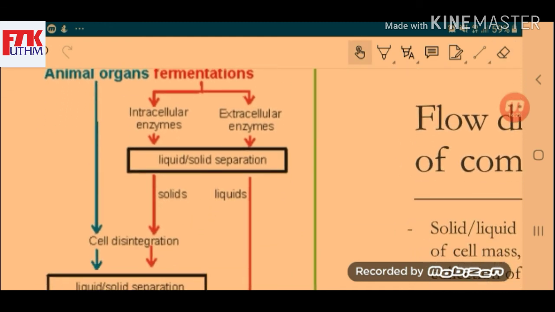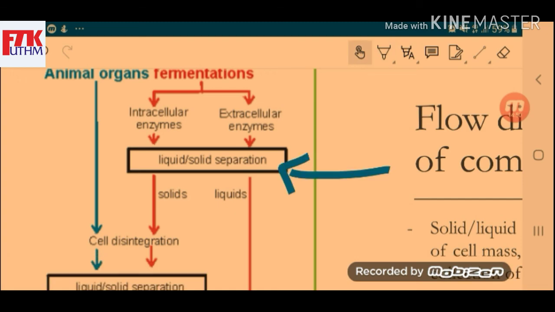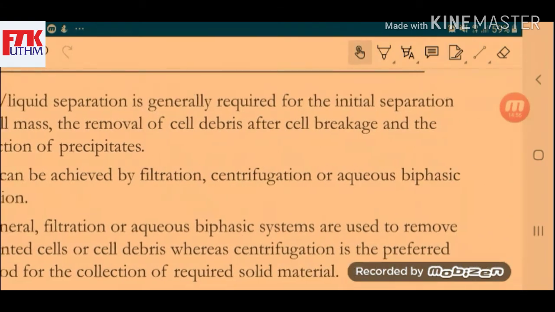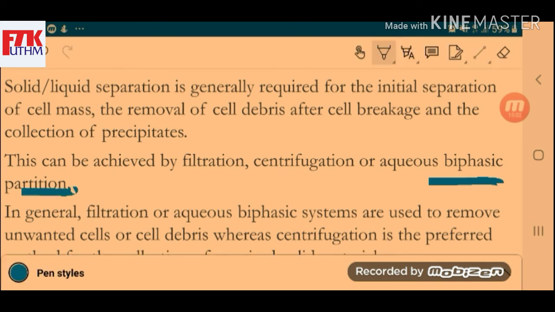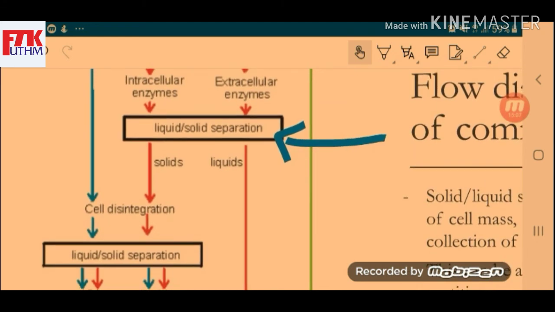So to remove the biomass at the initial stage, you will need to use a liquid-solid separation method. So this can be a centrifugation method or filtration method or biphasic partition technique. Okay, and after you have